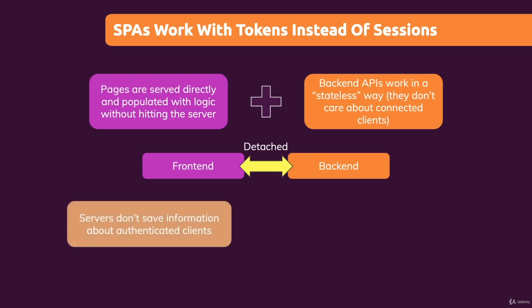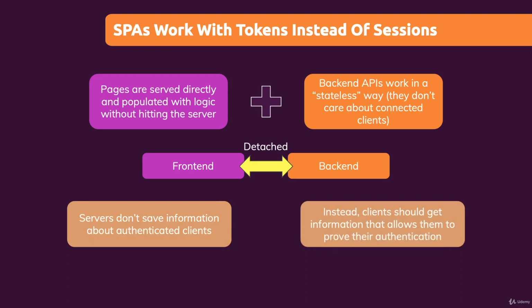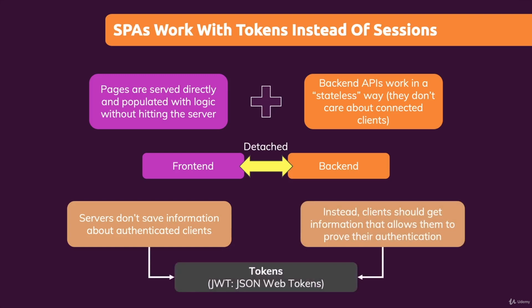And because that's the case, servers don't save information about authenticated clients, and instead clients should get that standalone permission which allows them to prove that they are authenticated. And that's why we use these tokens. And here specifically, we use a concept called JSON Web Tokens. That is simply the most common form of authentication token, and it simply describes the way the token is generated, though we don't need to care about that too much because we'll use a third-party library for generating and signing